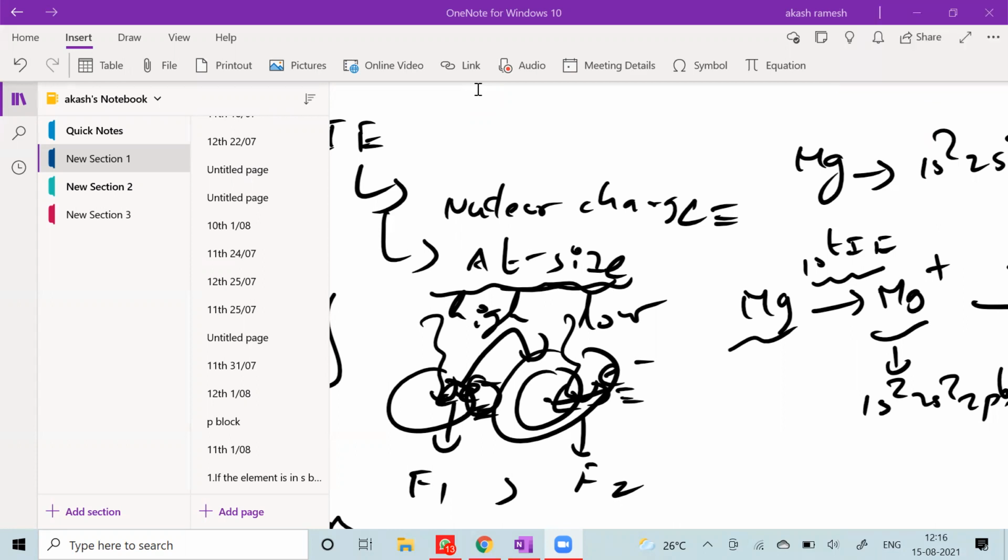Sir, but then, for example, if you remove an electron, the nuclear charge will decrease, right? If I remove an electron, see, nuclear charge will come back to that point. Hold your thought. We'll come back to that. Now, anybody wants to agree or disagree?